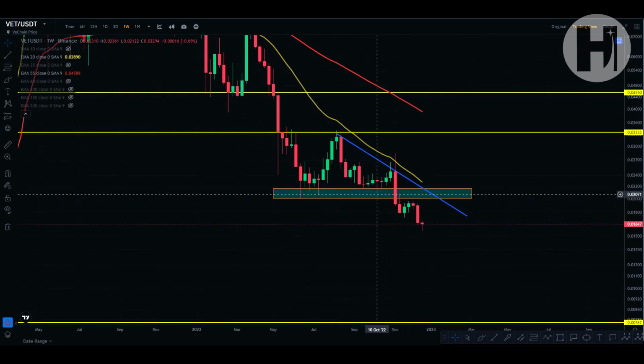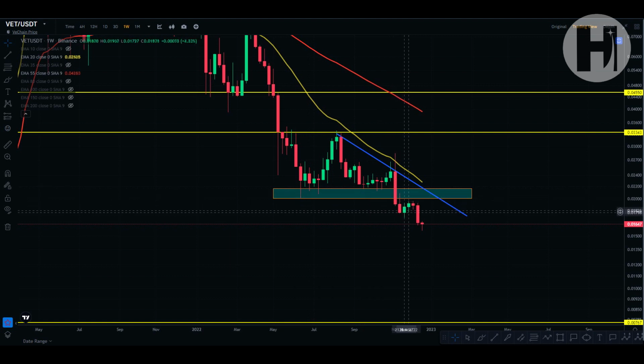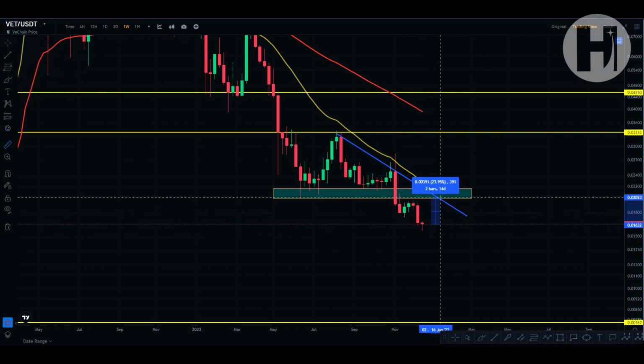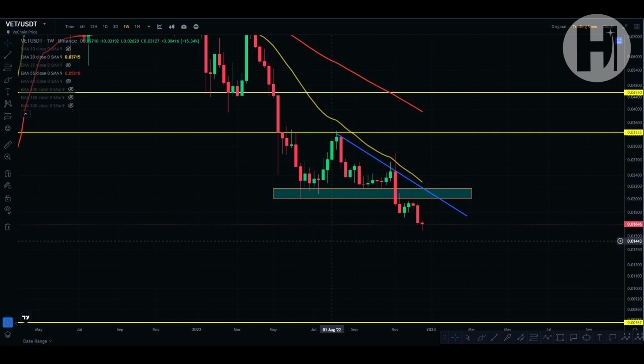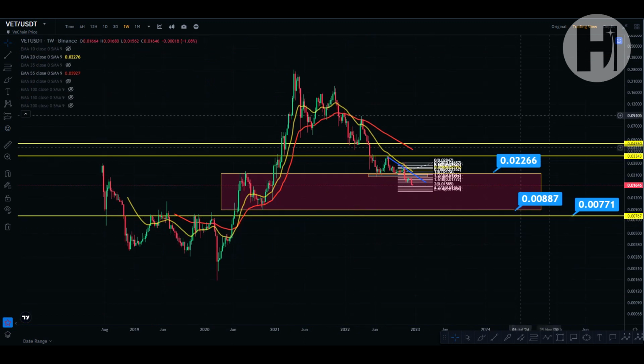Also, you can see the support block that you had here, and you just lost it in November, and you didn't have the exact retest of resistance that you would anticipate. So potentially you could even see a move to the resistance block, and that's around about 24%. And this support block that we had previously was retested multiple times since June till October. That's regarding the weekly chart.